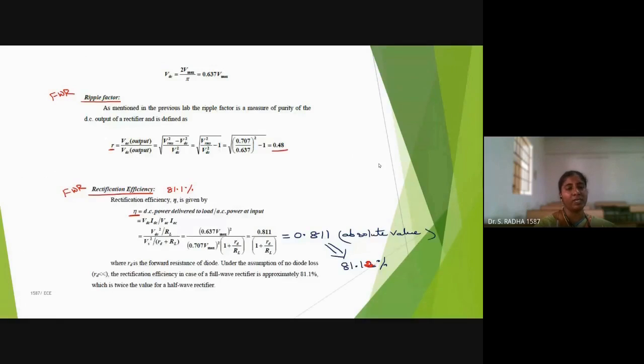And the formulas I have given for ripple factor. What is ripple? I explained. Fluctuations instead of a constant. Pure DC means constant line. We are not getting rectifier output as a constant line. We are having half waves. Those are called ripples. And that factor, ripple factor, I have explained. And in full wave rectifier, I have given you the constant values. Now tell me if you have.